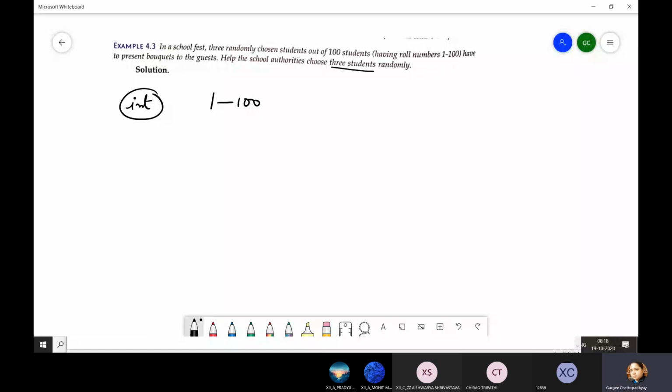Either you can go the long way using the random function. Okay, Ma'am, your voice is breaking. Okay, just a second. Let me check my network. Wait a second, I'll have to keep it somewhere.